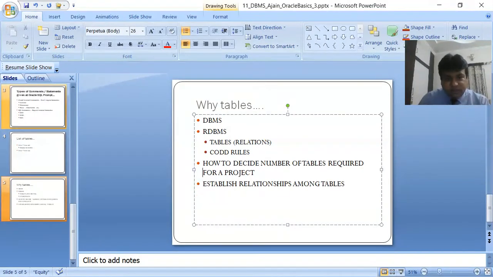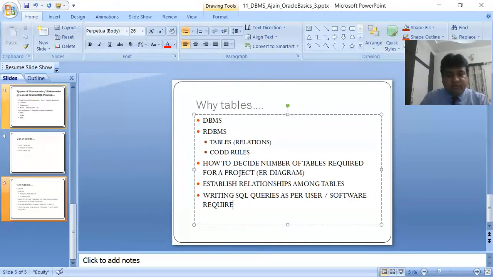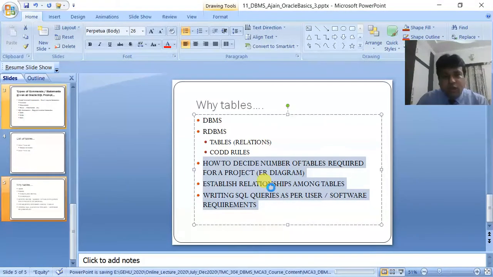How to decide the tables for a project is actually based on the ER diagram. And the third thing is writing SQL queries as per software requirements. So these are the three important things that we are going to do in our entire course from now onwards.